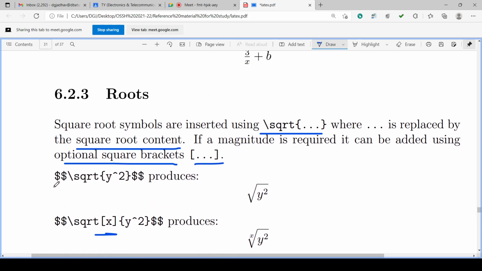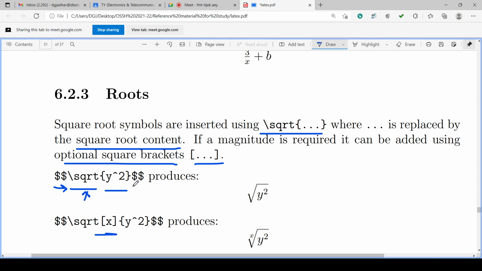Dollar enters math mode, and backslash sqrt is the command for the square root. In the curly bracket is the square root content, y^2, that means y square, because in math mode y hat 2 is considered y square.